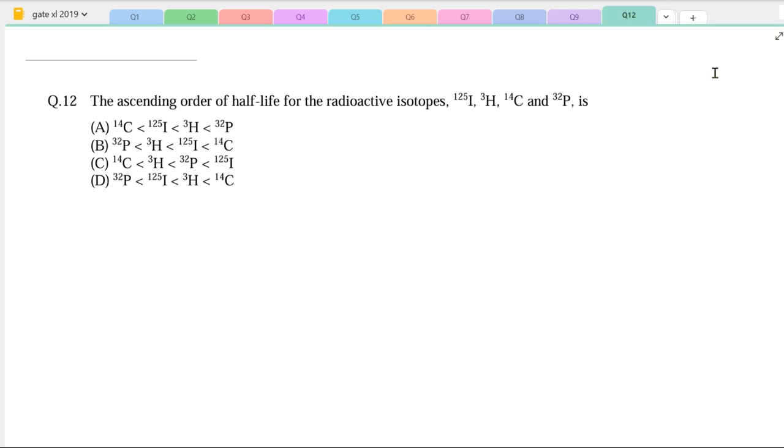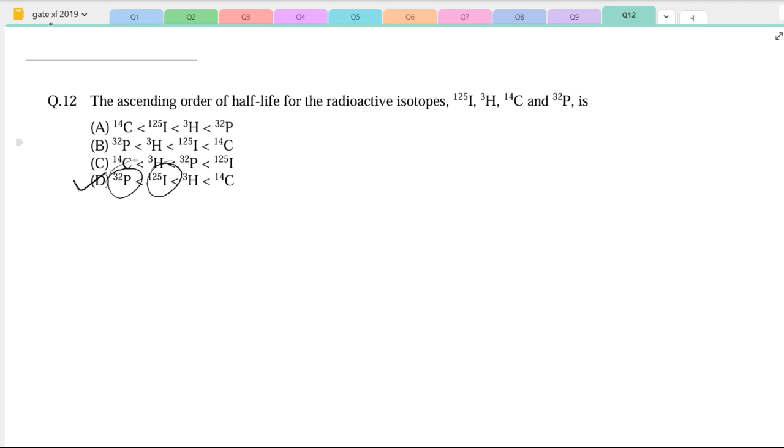Moving on to the next question. The ascending order of half-life for the radioactive isotopes is what? This is a pretty factual based question, if you can remember it, because I wouldn't give so much weightage to these types of questions while preparing. However, for the sake of discussing this paper, I would say the correct answer here is option B. However, one way I would guess the answer, by deductive reasoning, if I want to take a risk in the paper, would be that